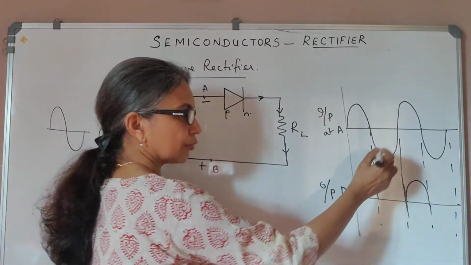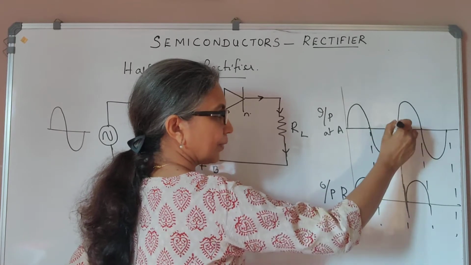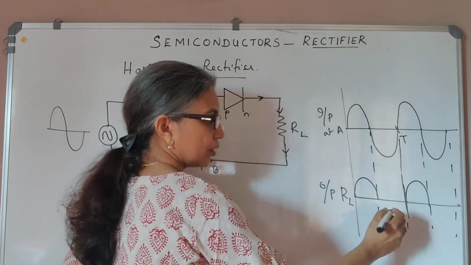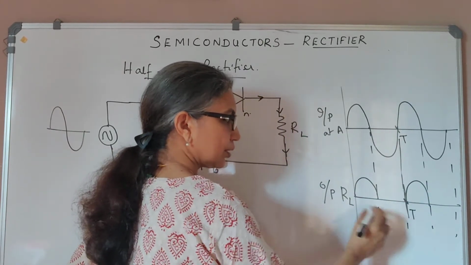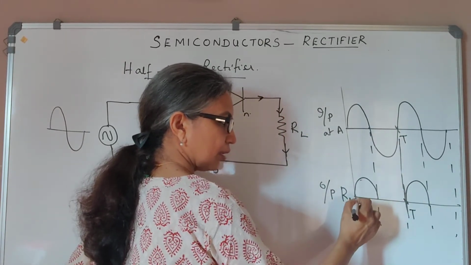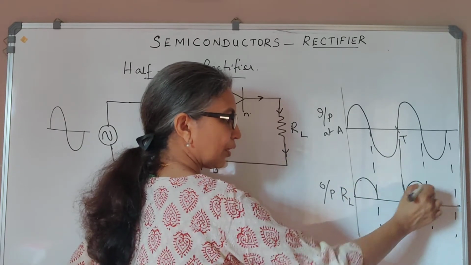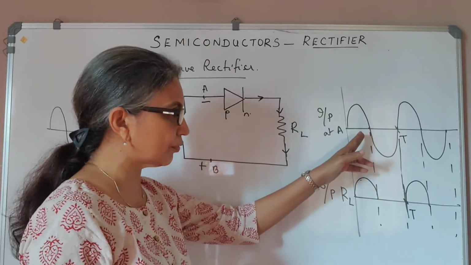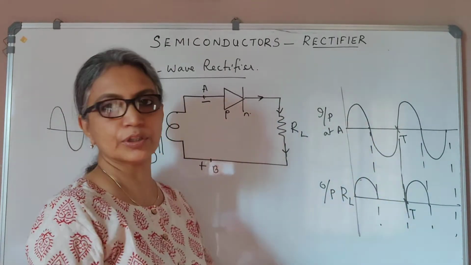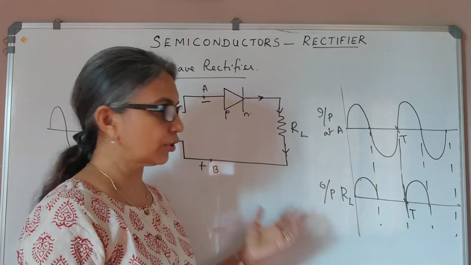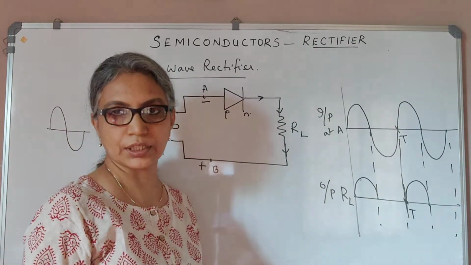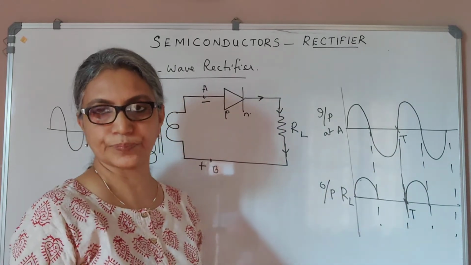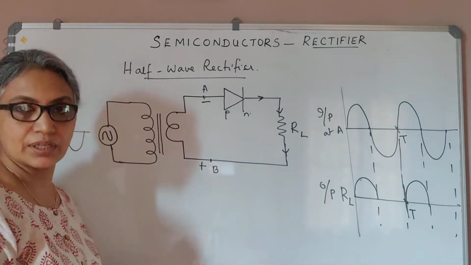Now if you check the frequency, let's say this is one time period. In one time period, it has completed one complete wave. So here in one time period, it's the same. We have the wave repeating itself after one time period, right? So you see that the frequency is the same. Whatever the input frequency is will be the output frequency also. For us in India, the input frequency is 50 Hertz, so the input frequency will remain the same for the output also. So this is the working of the half wave rectifier.